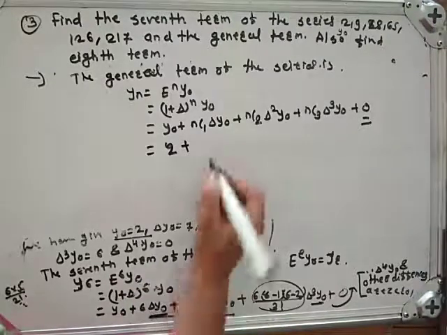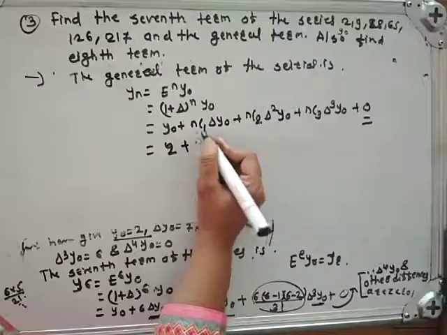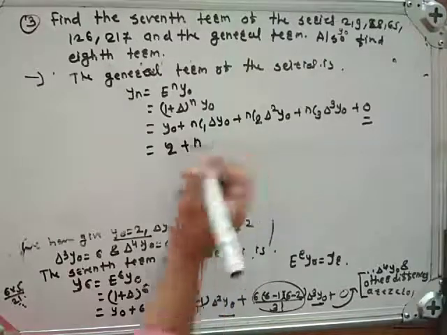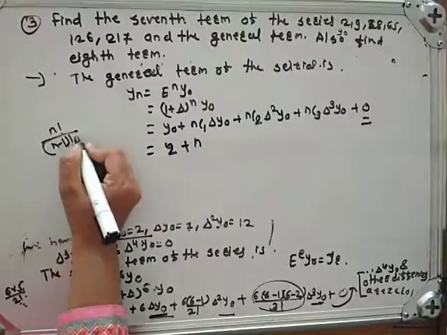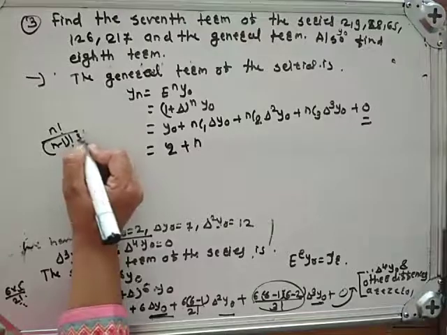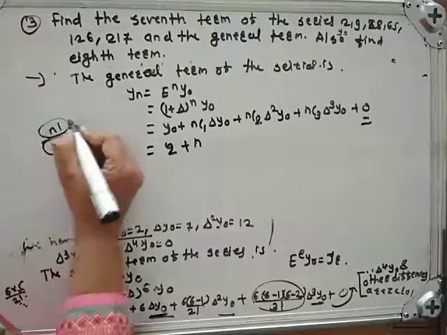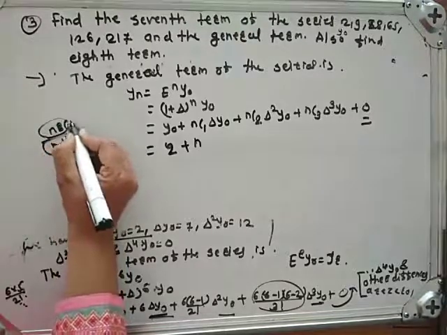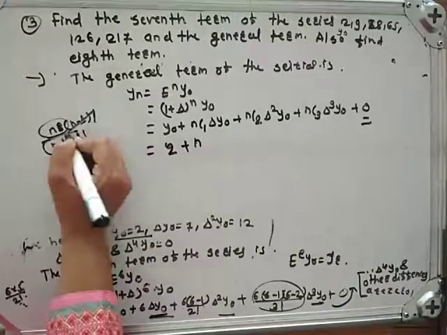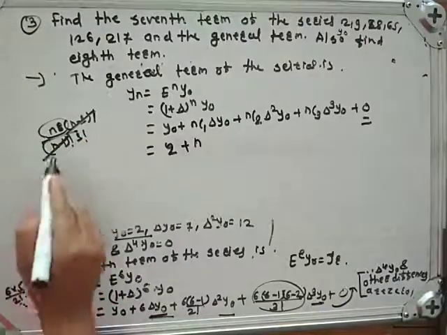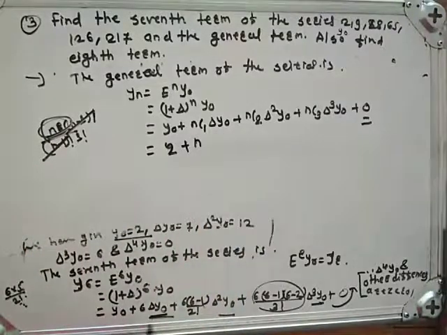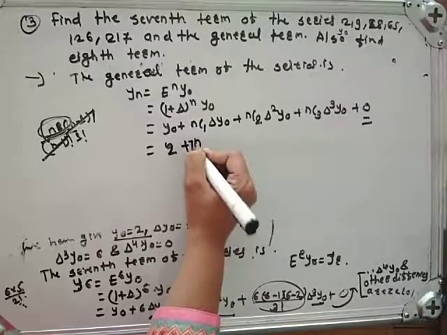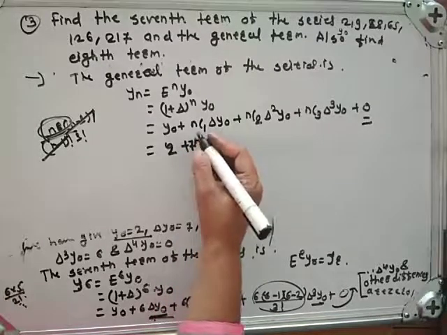Sorry, nC1 is n, because n factorial upon (n minus 1) factorial into 1 factorial. n factorial can be written as n into (n minus 1) factorial. n minus 1 factorial gets cancelled, so here remains only n. And what is the value of Δ of y0? Δ of y0 is 7. So 2 plus 7n